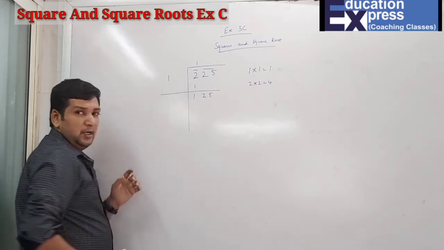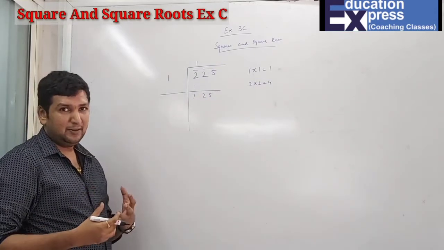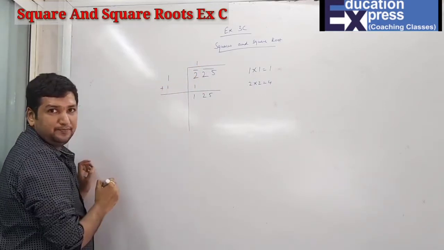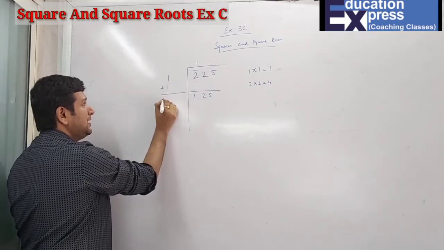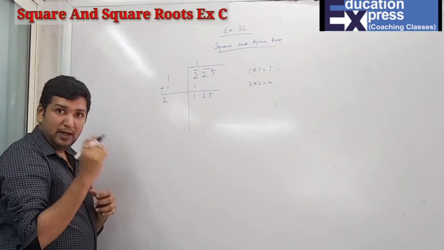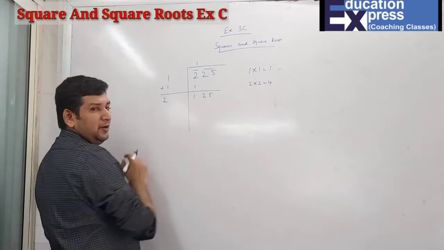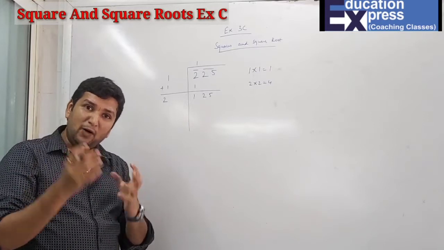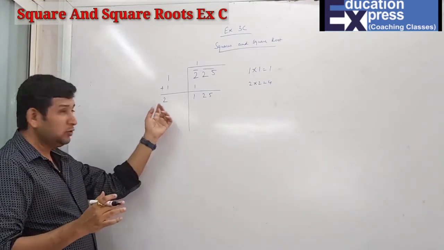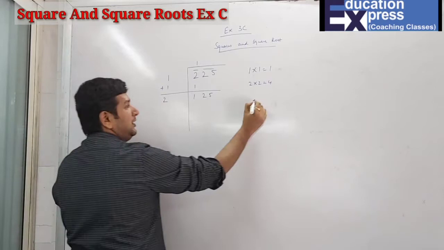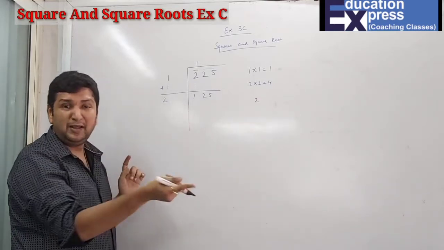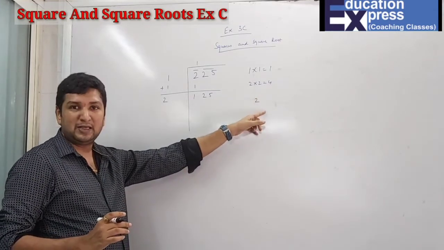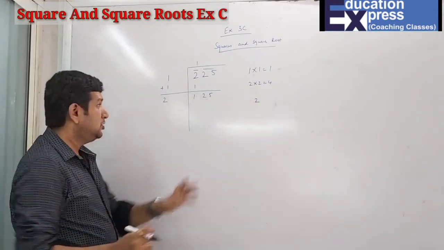Now students, here something different is there. When you multiply a certain number, at the same time you have to add the same number also. So 1 plus 1 is how much, students? 2. Now, what is the last number over here? 5. Now we will take a certain number, but this 2 you have to take compulsorily. Now there is one more number you take. When you are taking a new number, it has to be a square, like 1 1s are 1, 2 2s are 4, 3 3s are 9. So now here is 5.